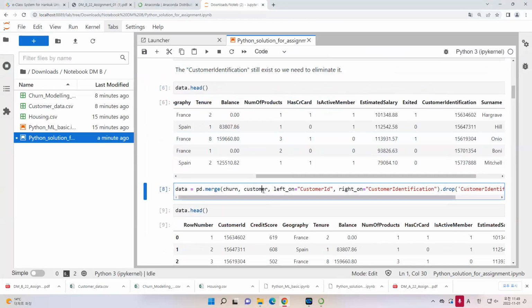In this case, we can do the same as the merging, and again do the left on and the right on based on the customer ID and the customer identification, and then drop. Drop means we want to remove, to delete the column customer identification because it is duplicated with the customer ID. So after we remove this customer identification,